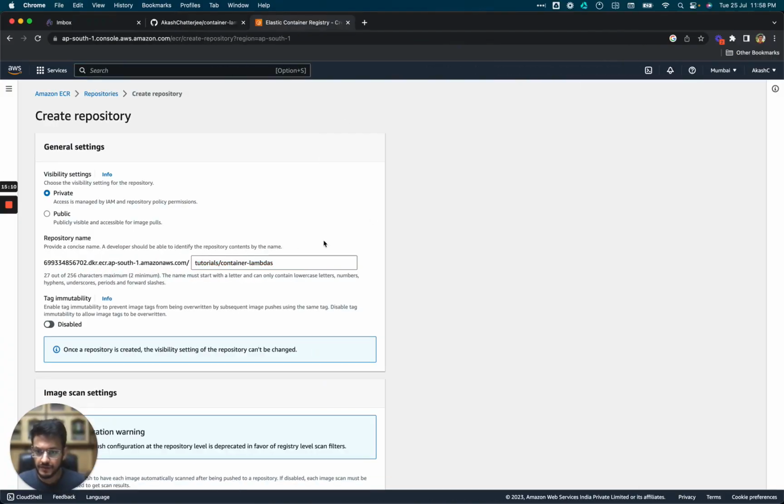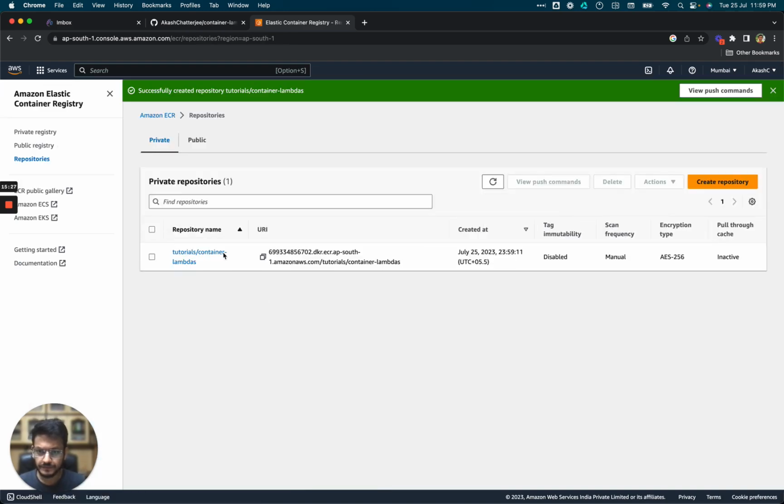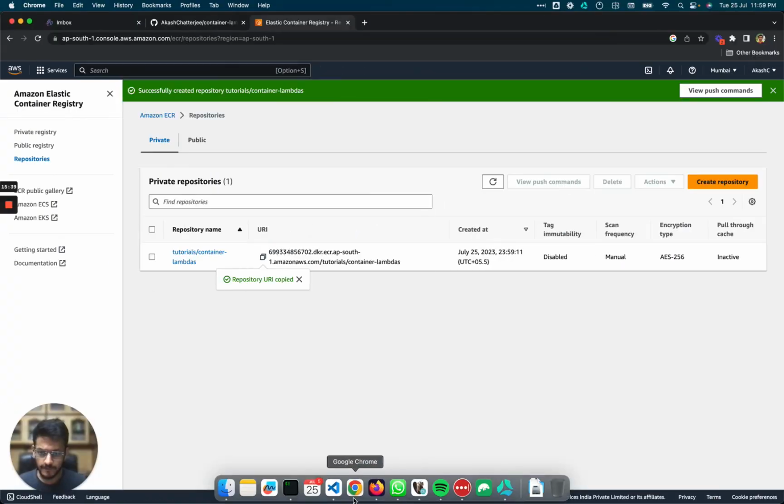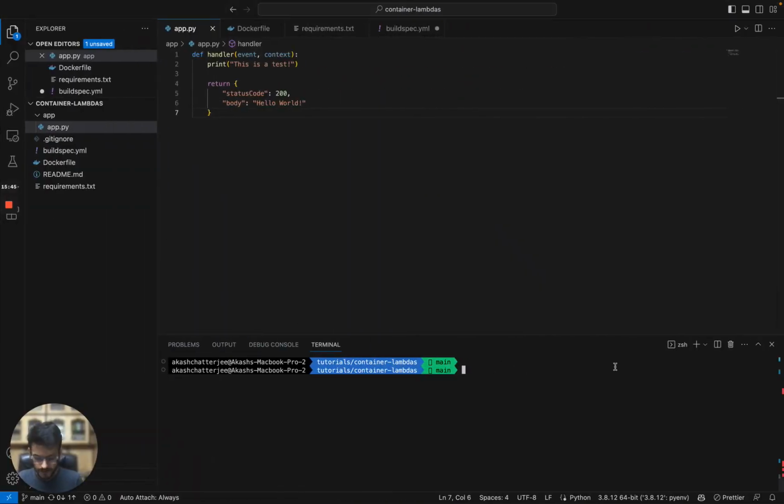This is very similar to how Docker Hub works. You just create a repository, or a registry, where you can push your images to. Fine, we'll just create one. I think this one. So this name you'll be needing later on, but for now, this is what you've created. I think what we will need to do is build an image. Okay, so we are already in the parent folder, so we will just need to